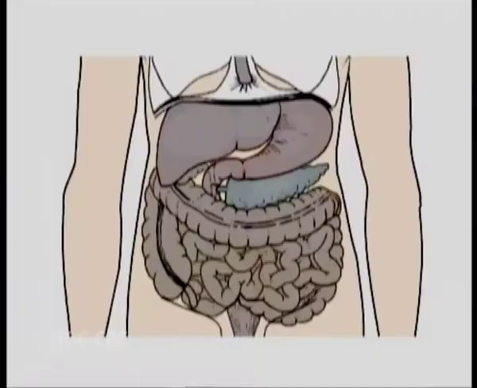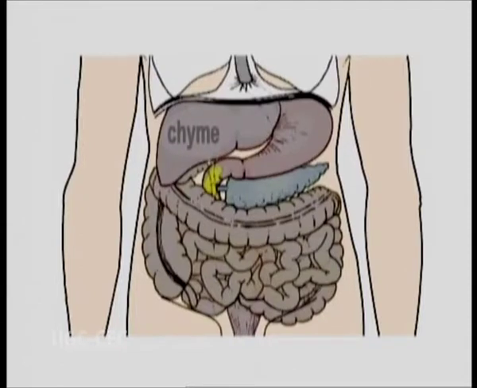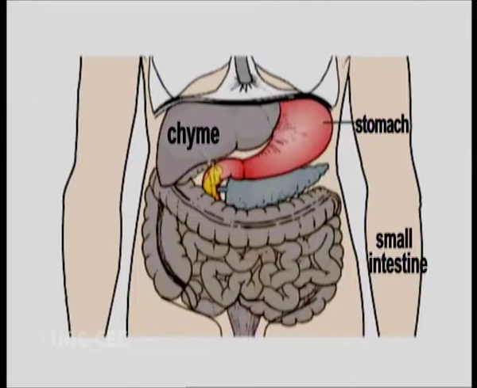A small amount of triglycerides is digested in the stomach by the enzyme lipase. Instead, all fat digestion occurs in the small intestine. Fat digestion begins when chyme, an acidic fluid mixture of gastric juice and partly digested food, passes from the stomach into the initial section of the small intestine, the duodenum.